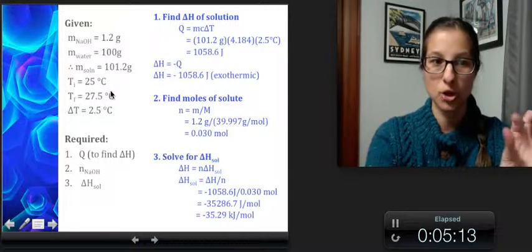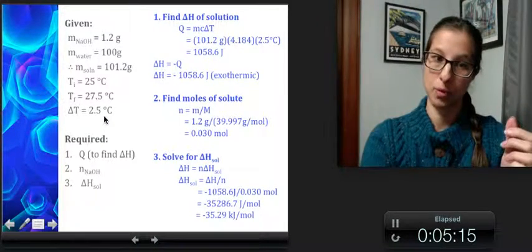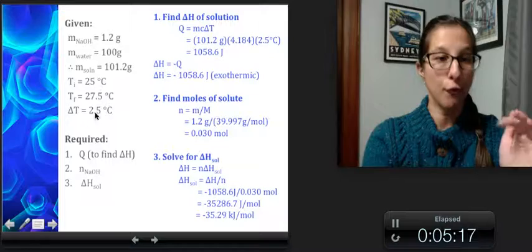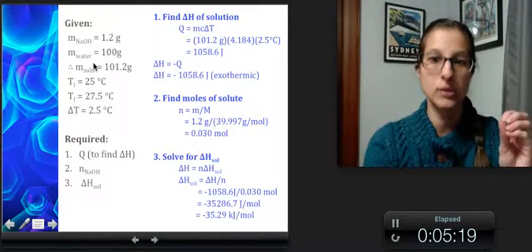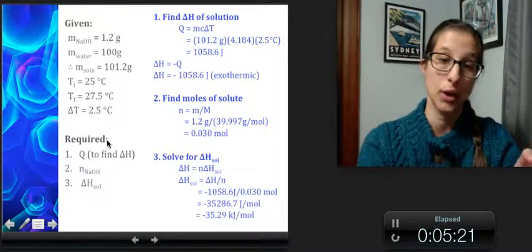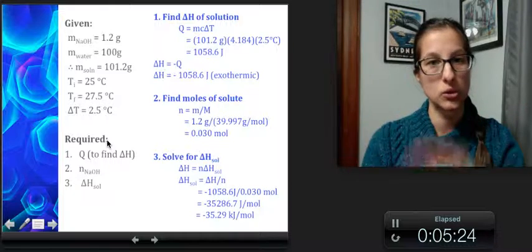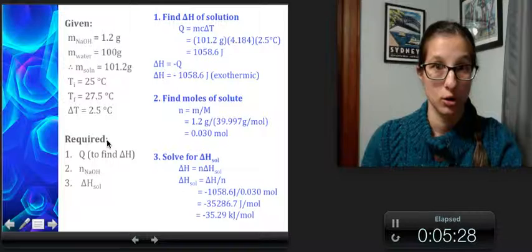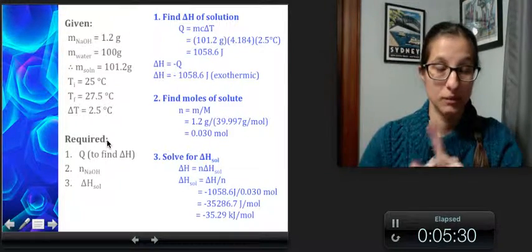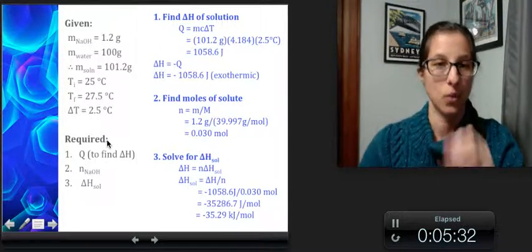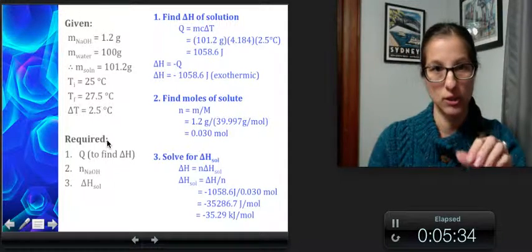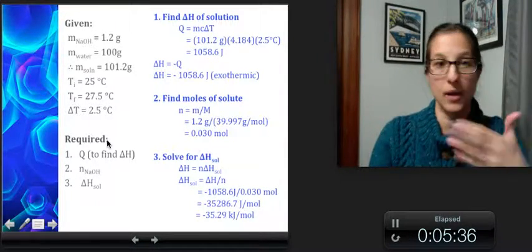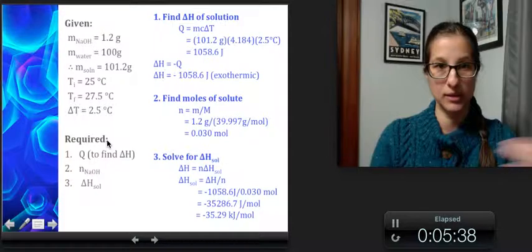My initial temperature, my final temperature, it went up 2.5 degrees. Okay, so from our givens, the only thing that we can solve for right away is Q. Now because we're using a dilute solution, we're going to be using the specific heat capacity of water, because it's a dilute solution. If it was a highly concentrated solution, then I would have to give you the specific heat capacity of that